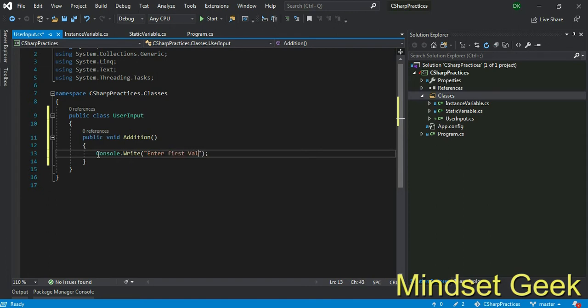First value. One thing, when I ask users to enter some value, we can't trust users, right? If we ask users to enter some integer value, sometimes the user will enter his name, right? That is not an integer type, that is a string type. Then we have to validate that, right? In this lesson we are not going to validate, but remember these things.